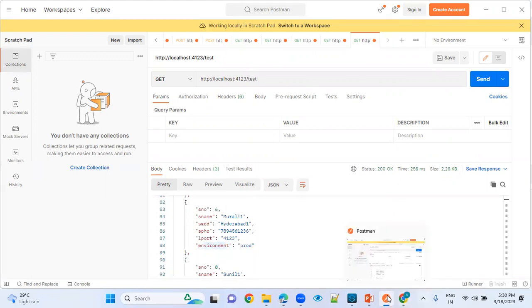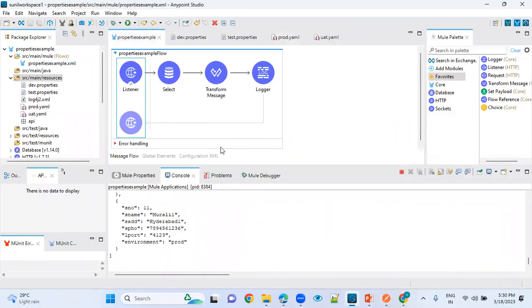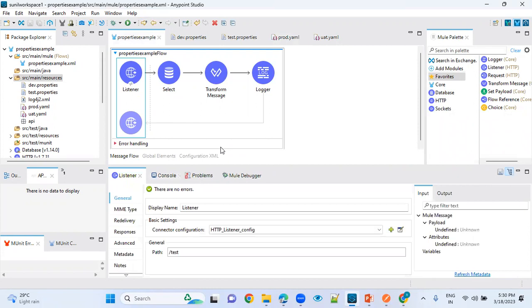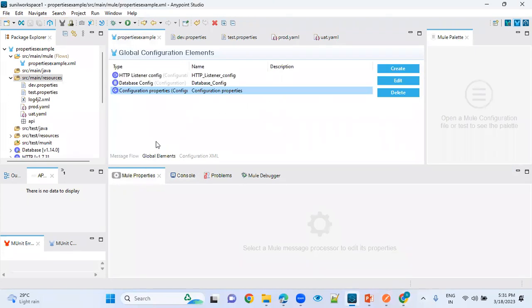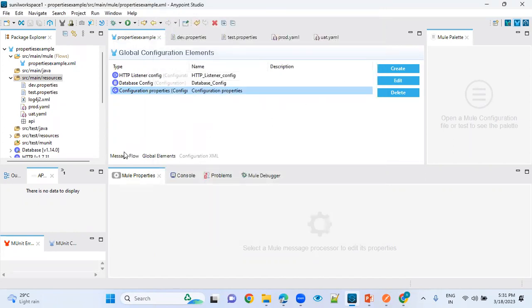And finally, we are going to be assigning the environment variable. So why should we create an environment variable, and where are we going to create it? Every time we have to come to global elements and change which property file has to be executed, the corresponding property file has to be changed here. So every time we are coming and changing this property file, instead of coming every time,